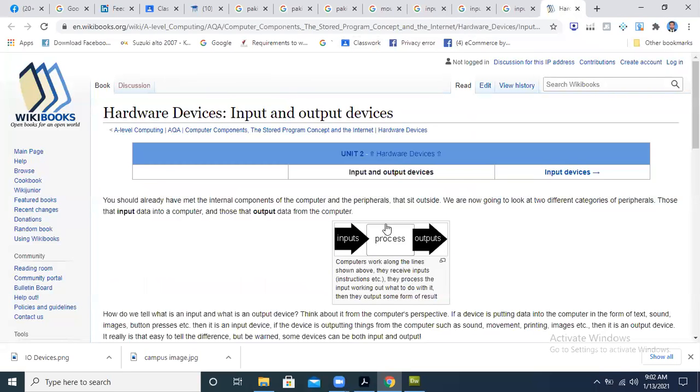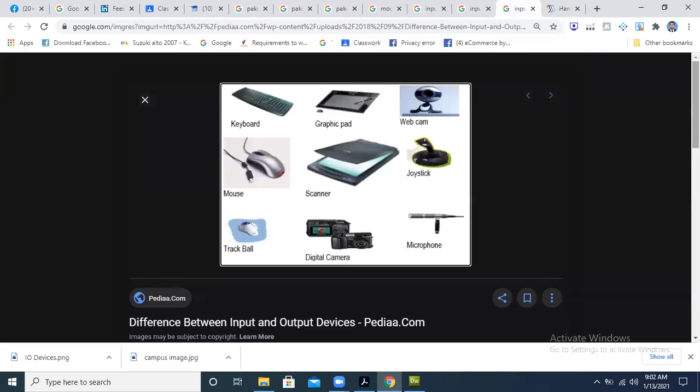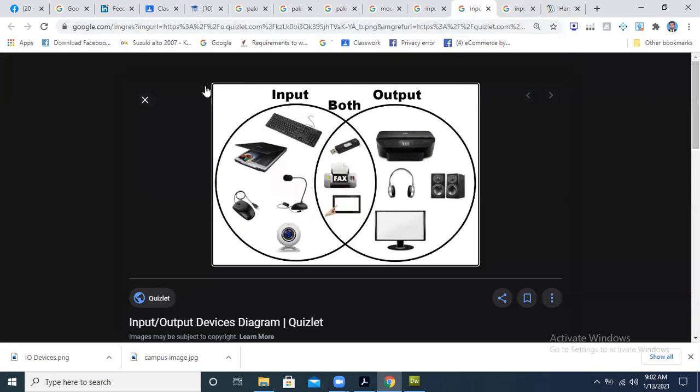Over here they are describing something about the mouse.